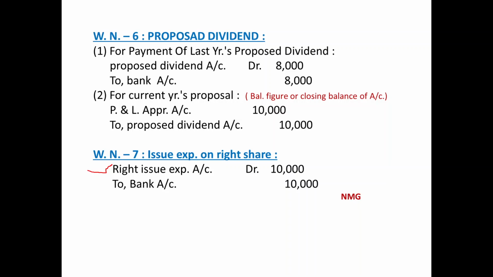And the current year's proposed dividend will be paid in the next year. It is the provisions of the Companies Act. Board of Directors can only propose the final proposed dividend. It cannot pay it until and unless it receives the consents of the shareholders. But consent can be possible only in the annual general meeting, which normally happens in the next year in the month of July, August, September.